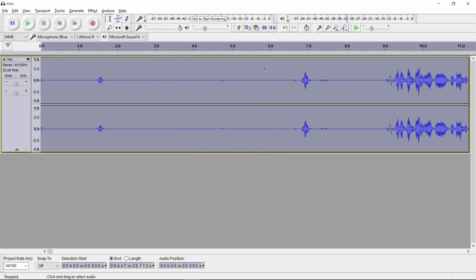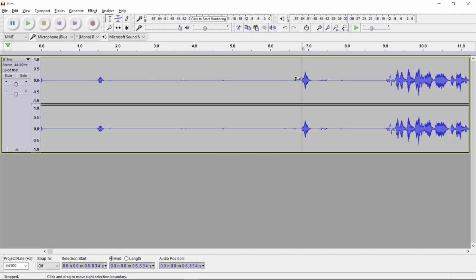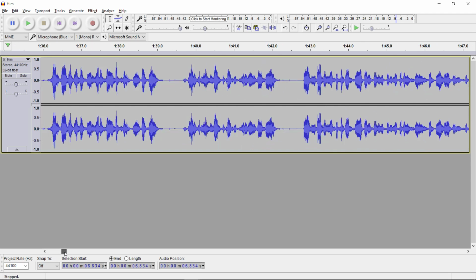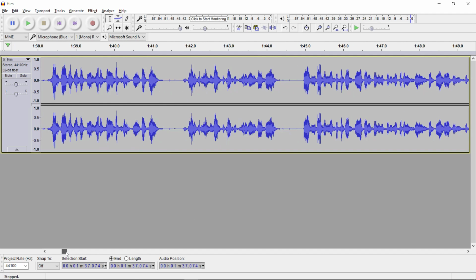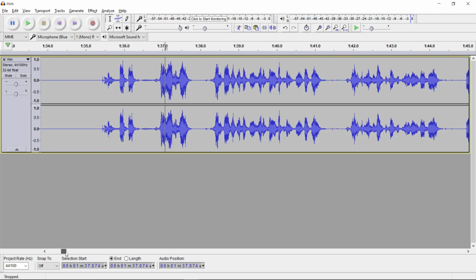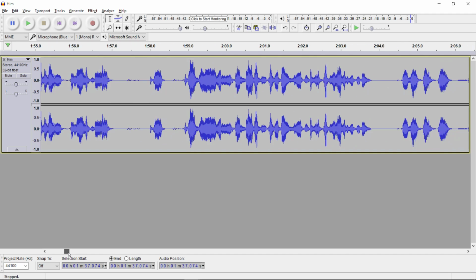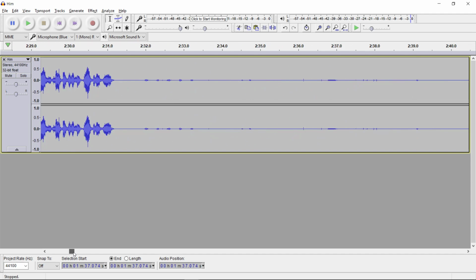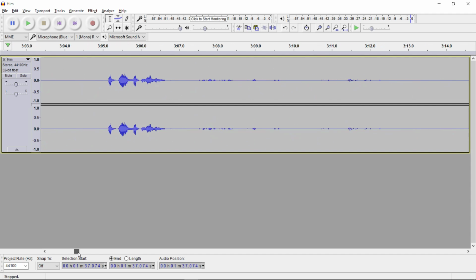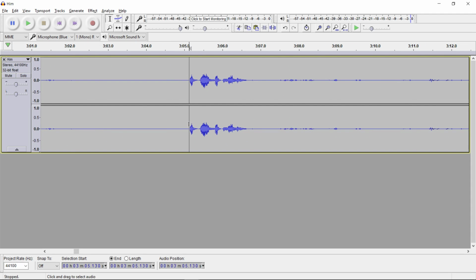And so you see that our waveforms have changed shape. These quiet sounds have gotten louder. And the loud sounds, if we get into some of the louder stuff around here, they've actually dropped down a bit. I also had it re-amplify the entire track so that we still have a good level of volume. And then when you get into quieter areas here, then